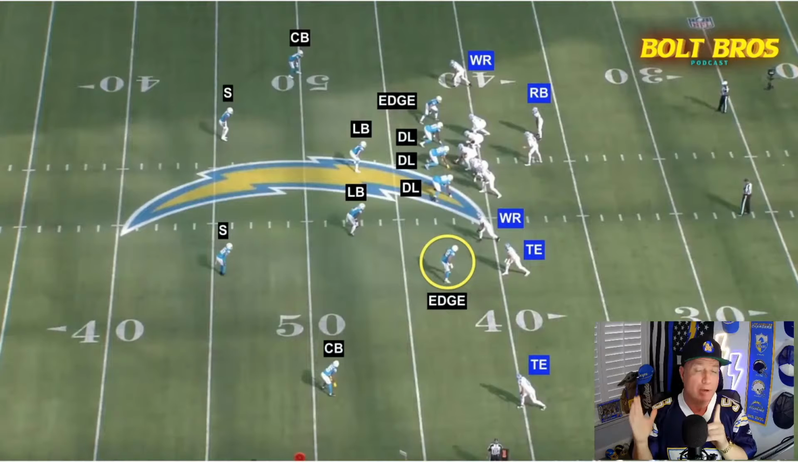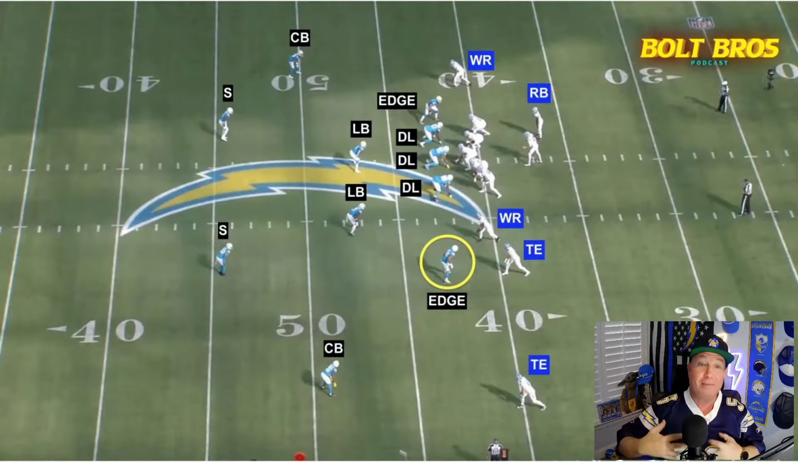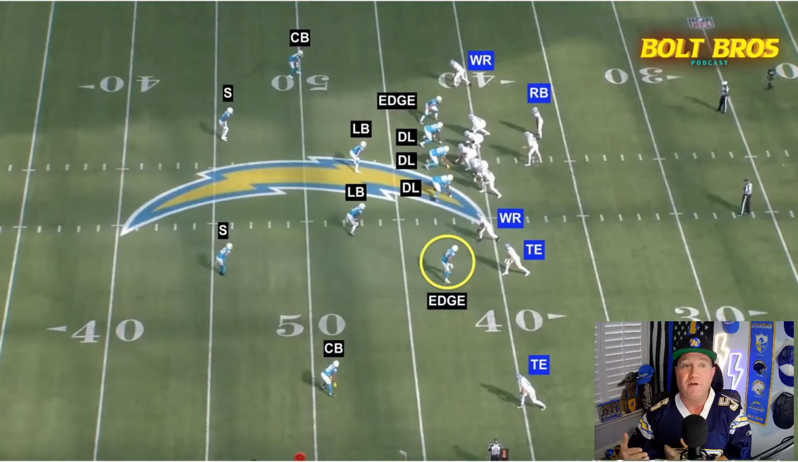Now, we talked about pre-snap motion. Remember that, pre-snap motion. In this exact situation, this is Khalil Mack covering a tight end. That's an immediate mismatch right there. Now this happened because they lined up. These two tight ends were sitting right here, and they rolled out on the edge. This is a tight end and a tight end. Guys, that's an immediate mismatch. That's why pre-snap motion is so valuable in the NFL, and that's why the defense is